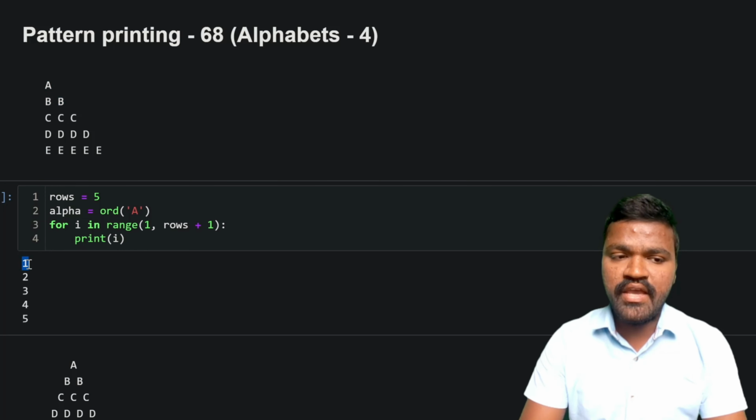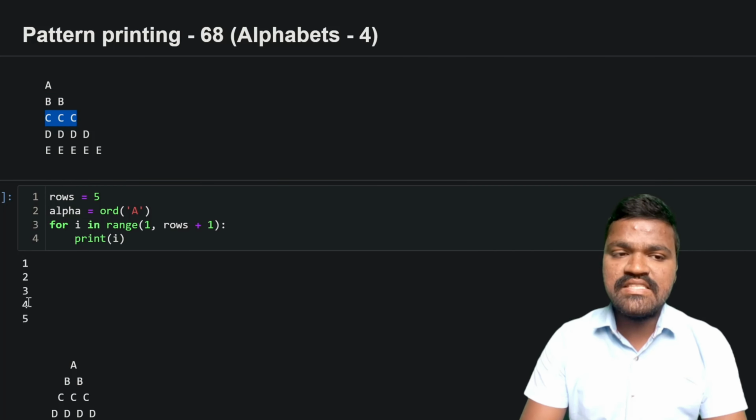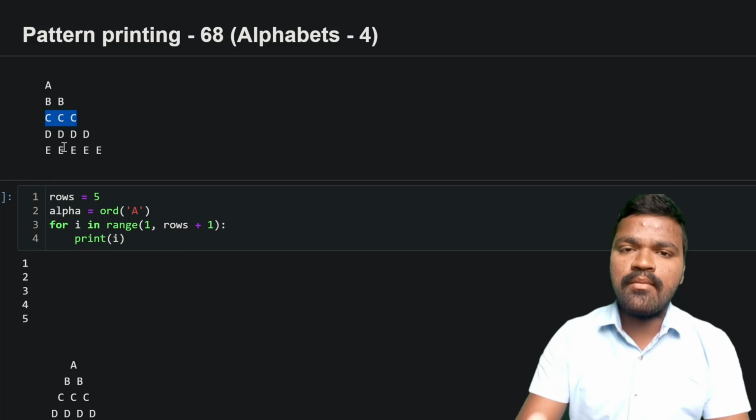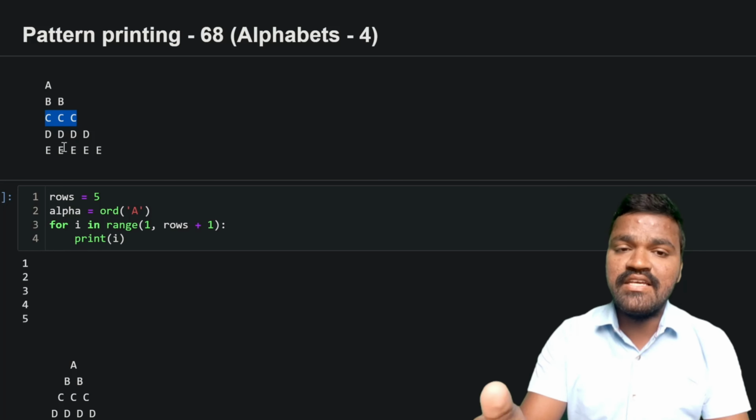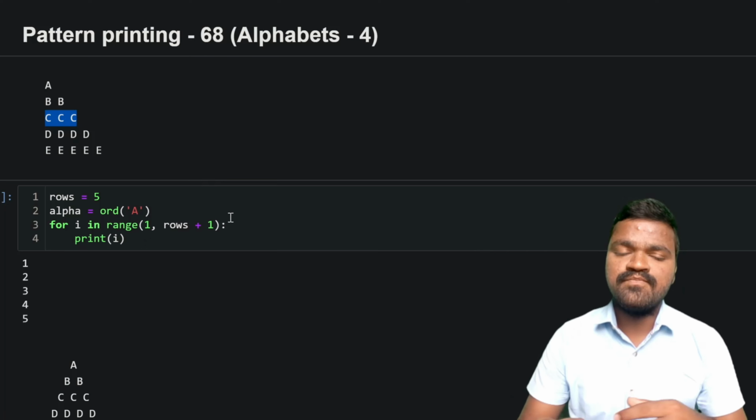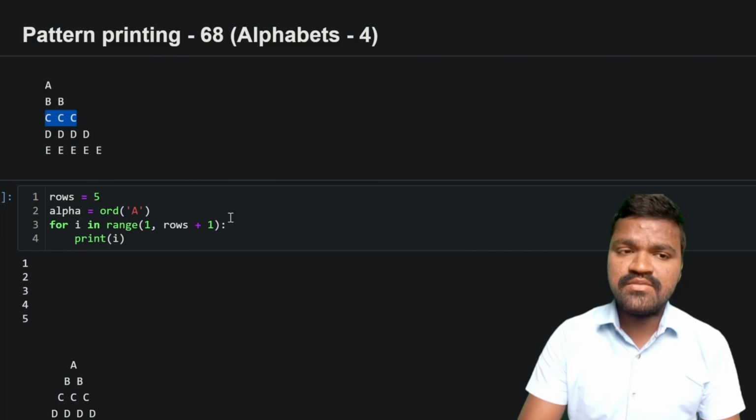In the first row we have only one alphabet. In the second row we have two alphabets. In the third row we have three alphabets. So these i values map to how many values we have in each row. For that reason, in order to keep track of this many values in each row,